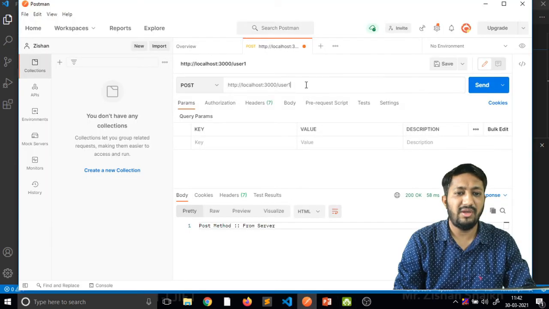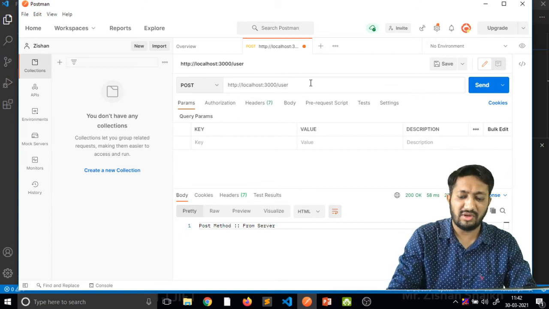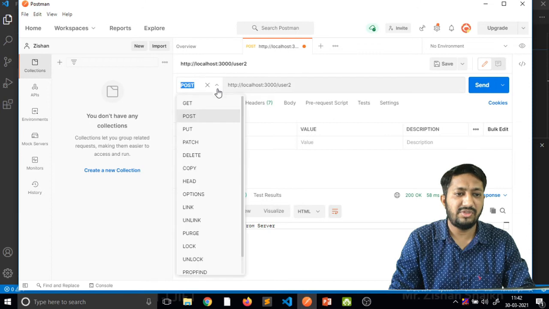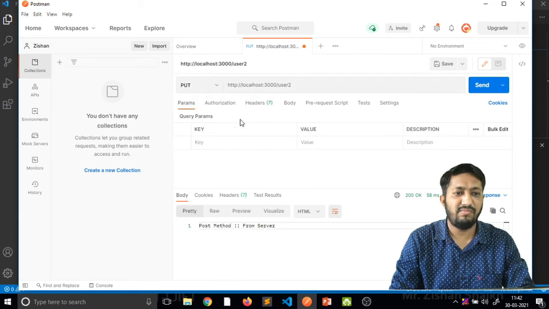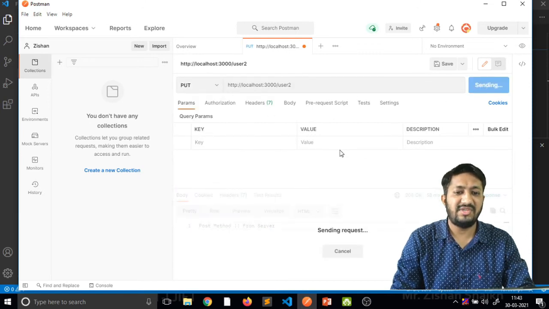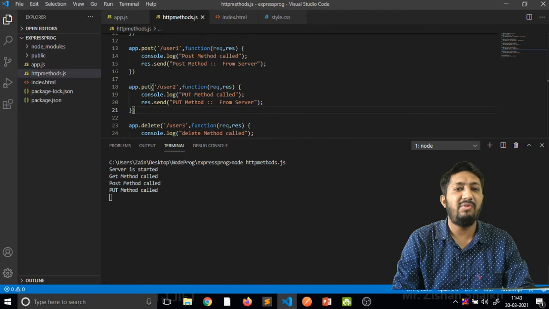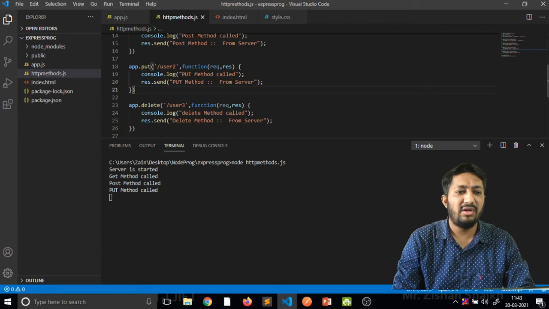Now I am going here, and instead of user1 I write user2, and I have to change post to put. I am sending the request, and yes, "put method from the server", it is giving the response, and the same data is printed on the console because we are also writing it in console.log. The fourth one is delete.